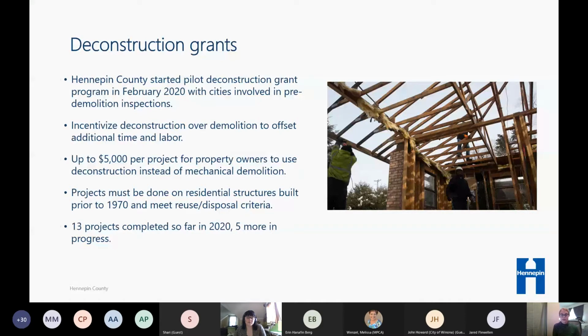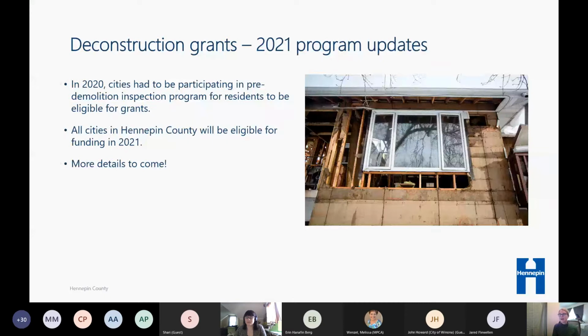And so far in 2020, we've had 13 projects completely finished this year, and we have 5 more in progress and a couple more applications that we're hoping to process by the end of the year, which leads me to next year's funding. We will be offering the grants again, and this year